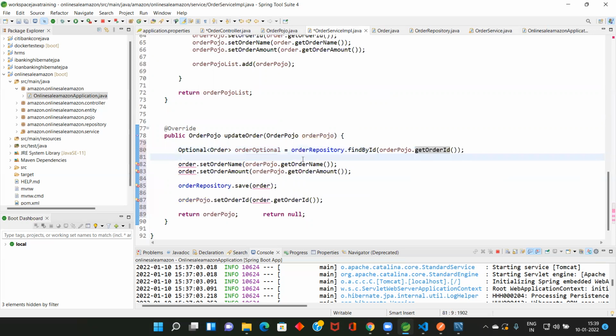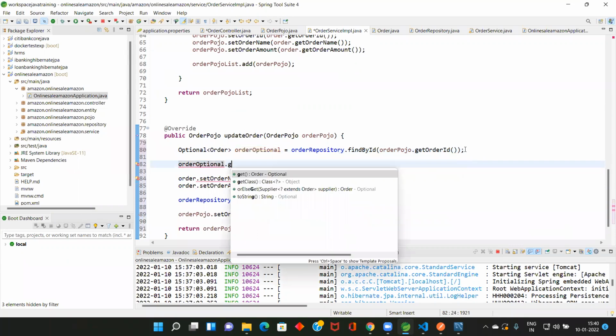Okay, once we got the order, then what are we going to do? We are going to get an optional, because it is going to send an optional. Control V dot get.